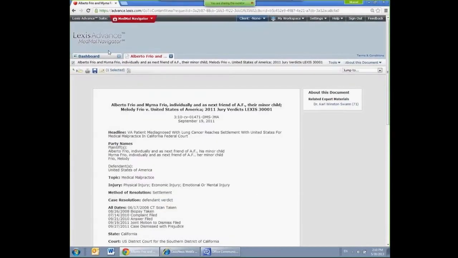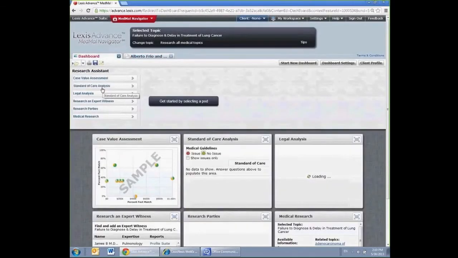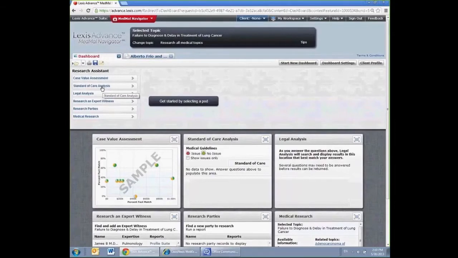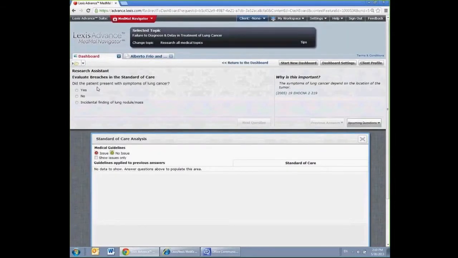Okay, so very easily downloaded into your computer. If we go back to the dashboard here, the standard of care analysis pod is next. This is another tool that incorporates the research assistant. You'll be asked questions based on the medical positioning of your case, and you'll see on the right-hand side that